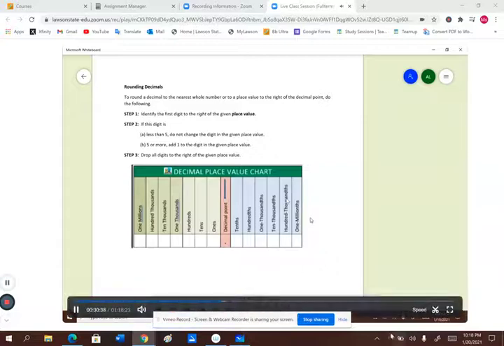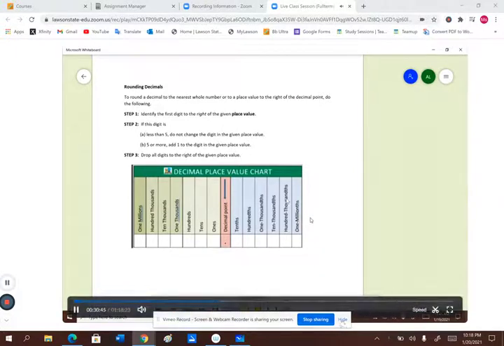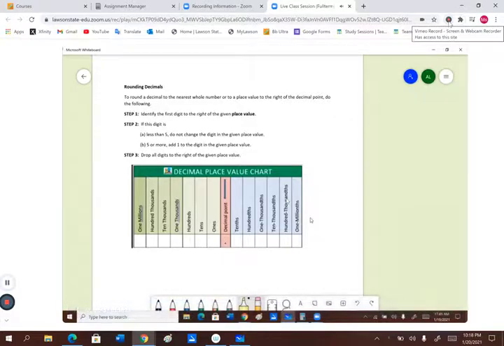To round a decimal to a place value to the right of the decimal point, do the following. You always want to identify the first digit to the right of the given place value. So I'm going to put a number here. Here's our first decimal I'm going to give you. Let's say the decimal is